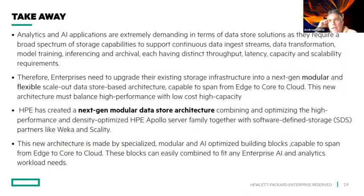Just some takeaways. The most important aspect to me is that AI and analytics platforms are extremely demanding in terms of storage, and in terms of data store platform. So it requires a combination of storage, physical hardware, and software to optimize the file system approach. The reason is that there are many use cases with different data access patterns, and you need to be able to support all of them. This translates into the enterprise, your company, needing to upgrade its existing infrastructure, and the upgrade has to go in a direction that needs a scale-out,